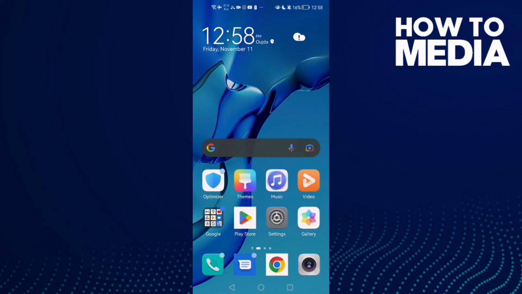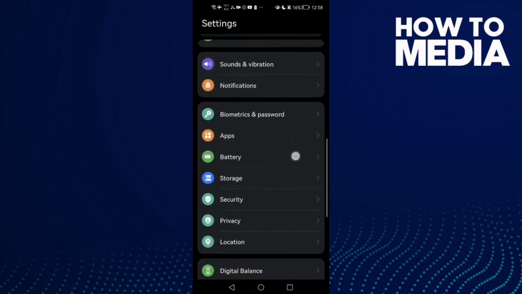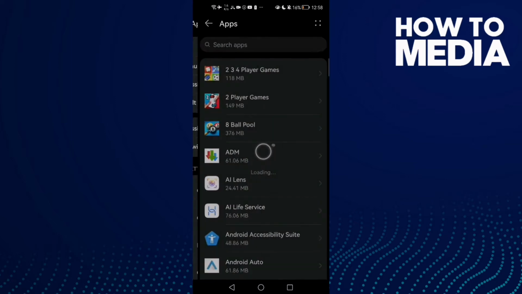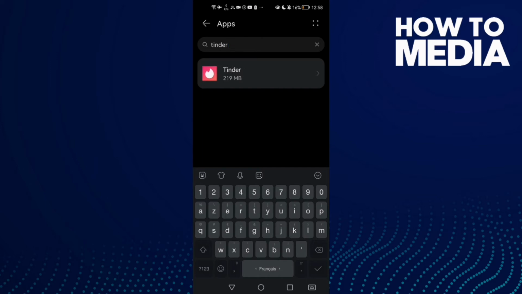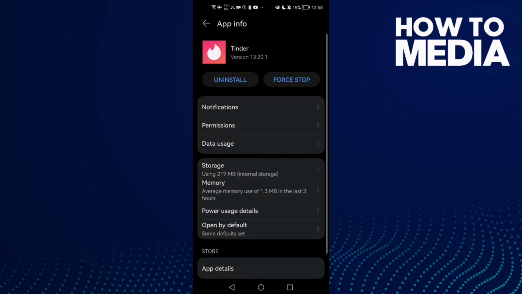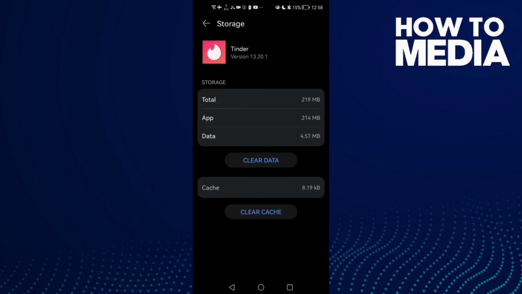First open settings, and now scroll down until you find apps and then click apps again, and here type Tinder and click on it, and now click force stop here and go to storage, clear cache,